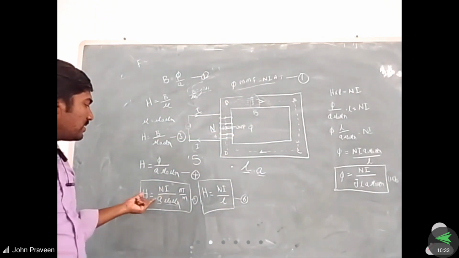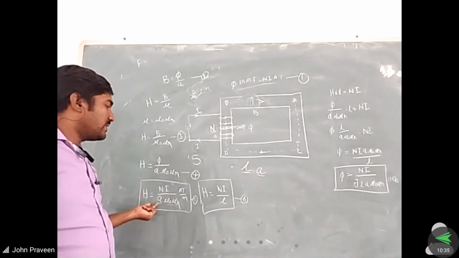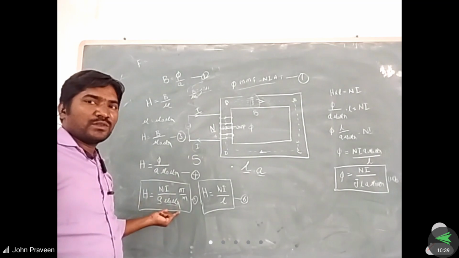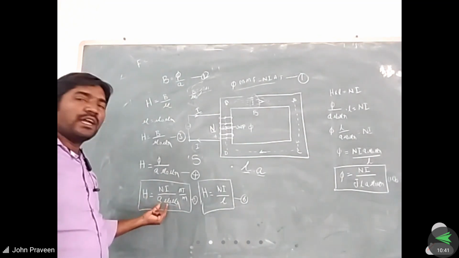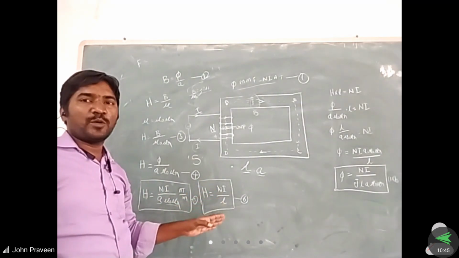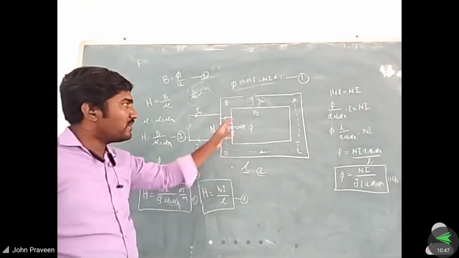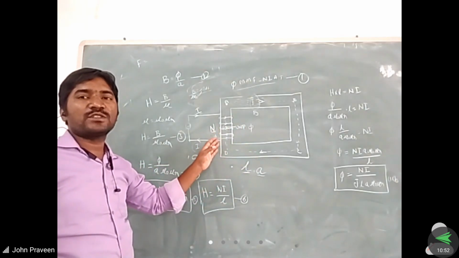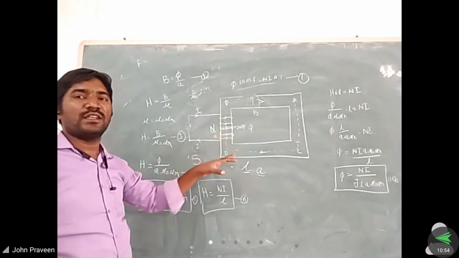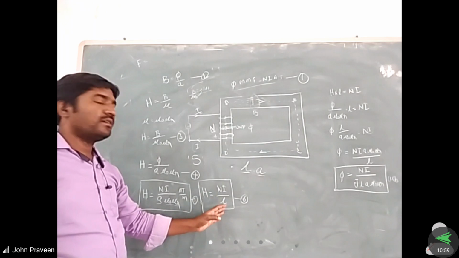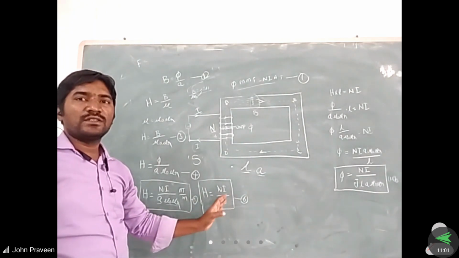So that implies the area we assume as constant, mu naught is constant, and mu r is also constant. So we remove this entire part and insert the length, because it is inversely proportional to the length. If length is less, force will be more. If length is high, force will be less. So an inverse relationship is followed. So H is equal to NI by L. That is equation 6.